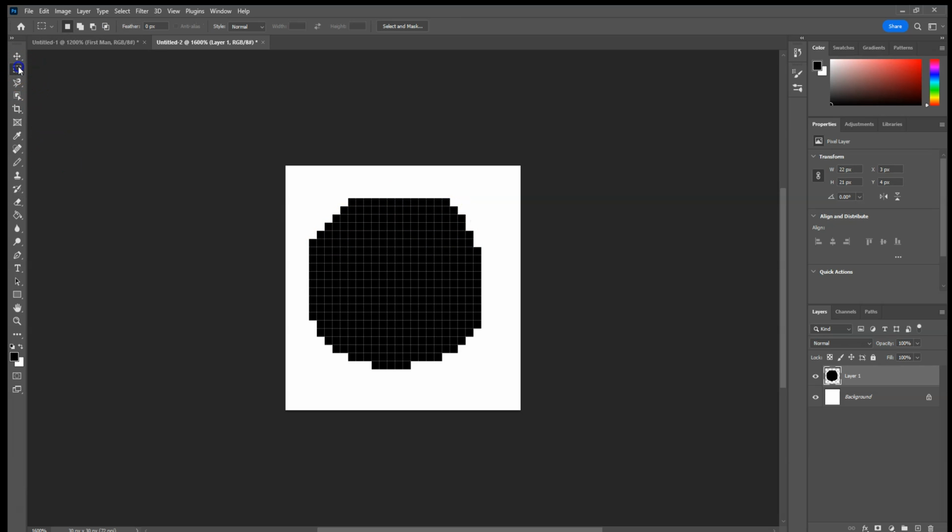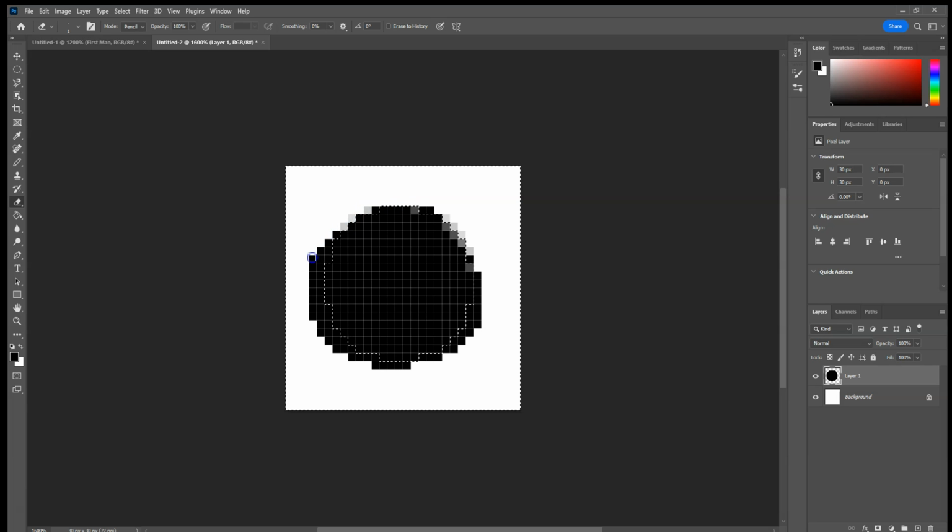Another thing we can do is, if we want, we can use that elliptical. Let's go ahead and just draw that over top here. And then what we can do is, with that selection in place, we can go ahead and hit select, inverse. Let's go ahead and grab our eraser tool. And one of the things that can happen now is I can erase outside of that